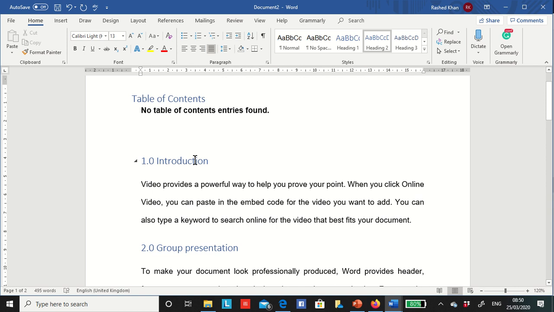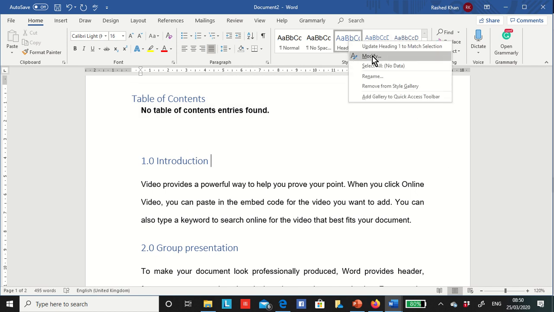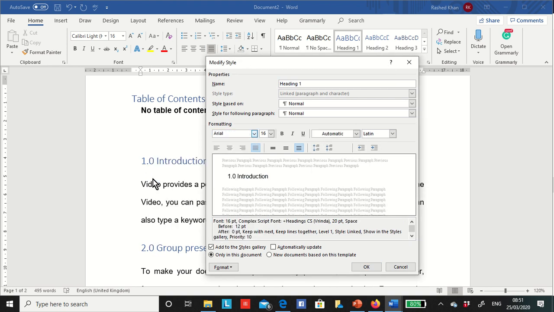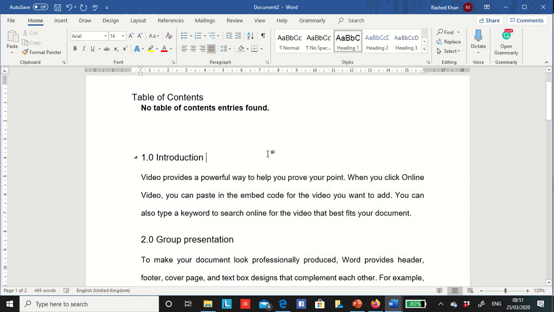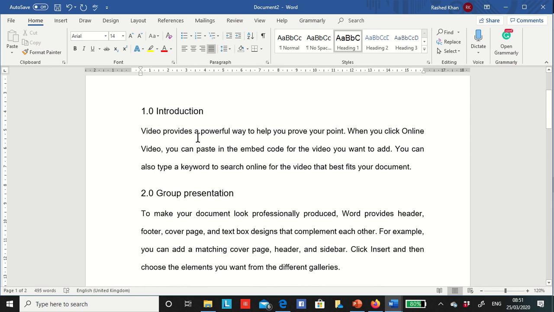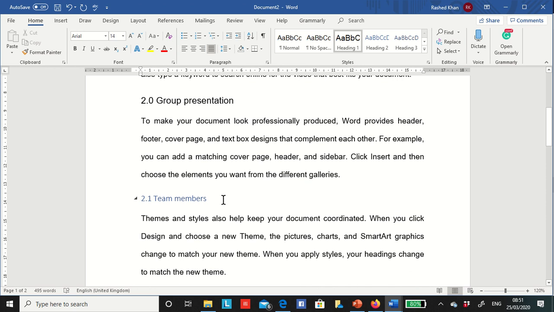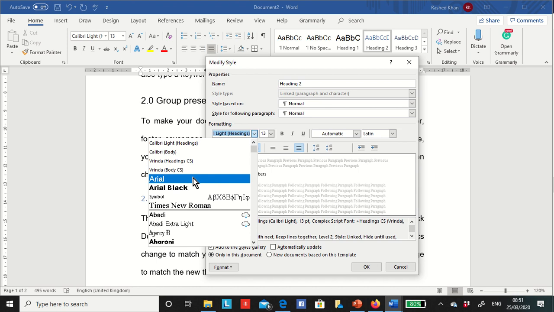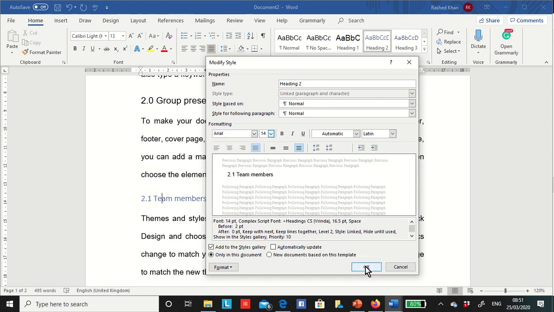If we want to change that, right click on heading 1, then modify, change the color to automatic, change the font to Arial, and change the font size, if you want to keep the heading slightly bigger than the main paragraphs, to 14. Okay, you can see the change now. In the same way for heading 2: right click, modify, change the color to automatic, the font to Arial, and the font size to 14.